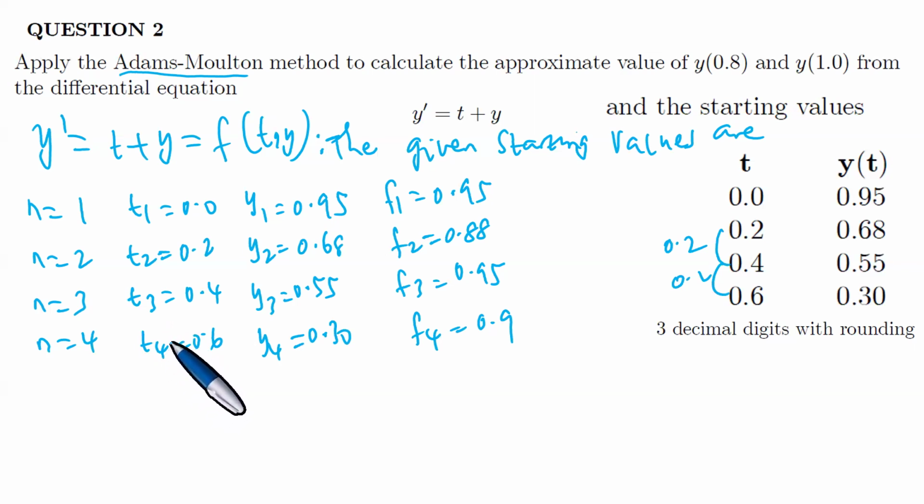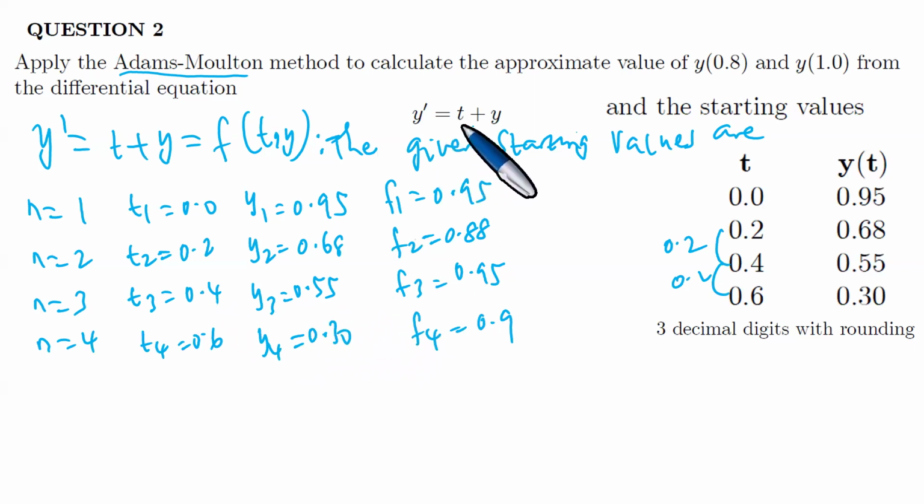Now the Y values are the following. Y1 is 0.95, Y2 is 0.68, Y3 is 0.55, and Y4 is 0.30. The F values are T plus Y. So you add T and Y: you add 0.0, you get 0.95. You add 0.2, and according to T plus Y, which is Y primed, you add 0.2 with 0.68, you get 0.88. You add 0.4 with